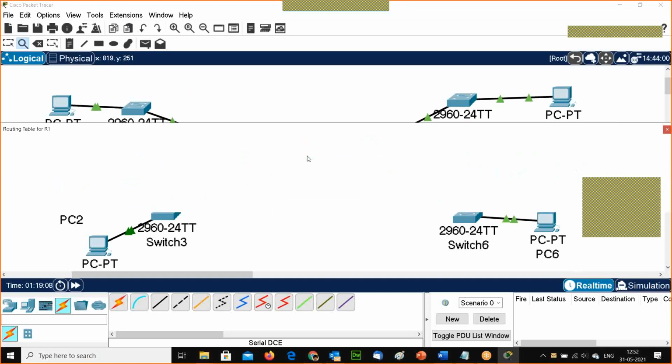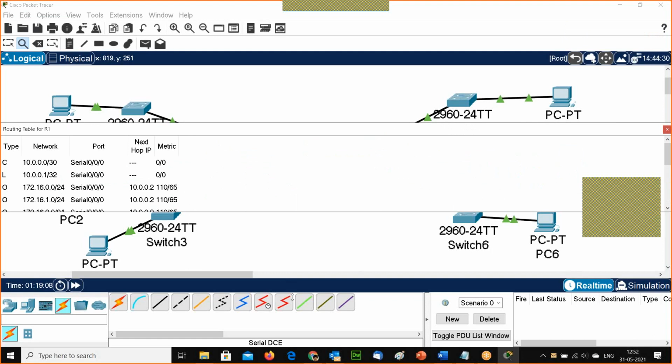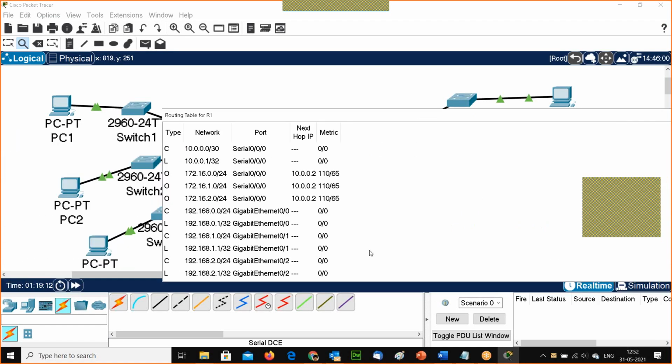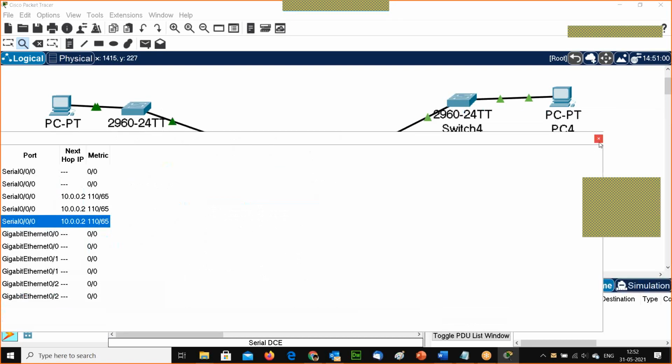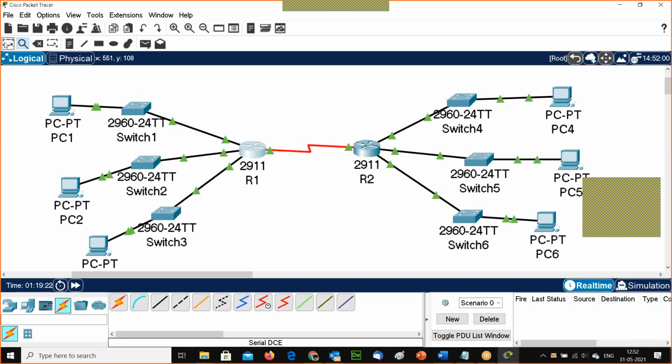Now you can go and see the routing table. This is the routing table, and okay, this OSPF is now created. Now, no need to think again, but you can still check it. PC1 to PC4 will be successful eventually.